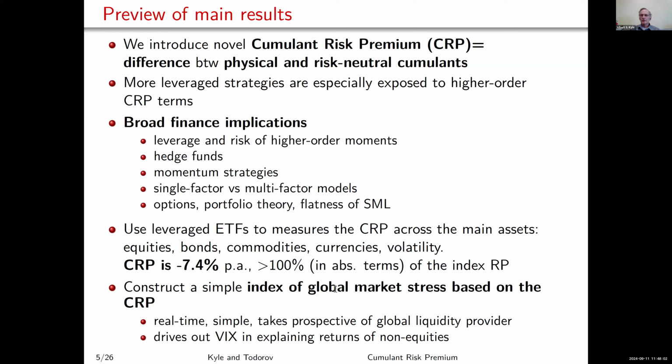So you could try to use futures contracts and just dynamically rebalance, but different traders trying to use the same futures contract to dynamically rebalance are probably going to get different results, because sometimes the futures market moves really quickly, and you're not really able to trade through those rapid movements, so you trade more slowly. But different traders are going to trade more slowly in a different way. But there's a history of it. Commodity trading advisors historically have been trend following types of traders, and they're therefore generating higher order moment risk for themselves.